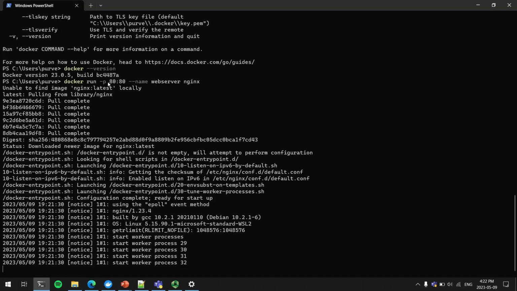Here it says that from the TCP/IP of my machine, port 80, connect to the port which is running under the container, and that port is 80. The Nginx container is running on port 80, and whatever traffic comes on my machine on port 80 will be redirected to the port under the container, port 80. To simplify this,